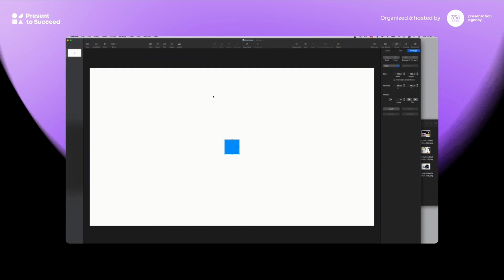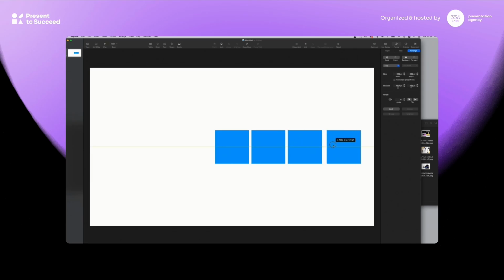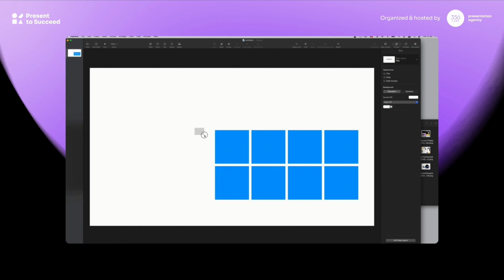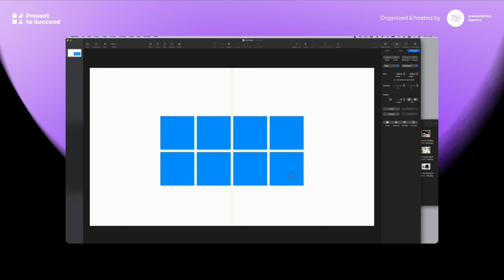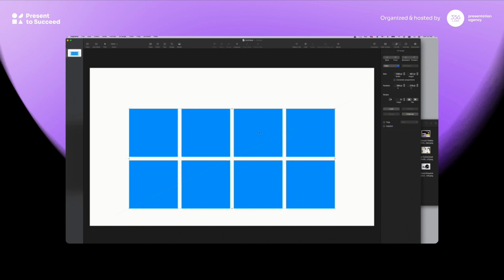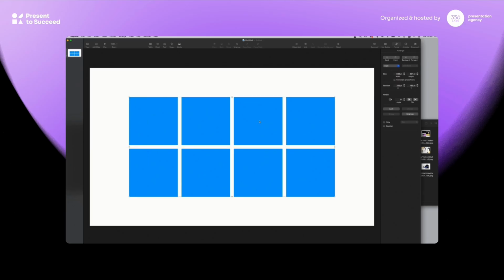And so what I do is I create a simple square shape. I make 8 copies of it. You can, of course, make 6, 9, 12, whatever you want. And then I align it and center it within my slide. For the Keynote user, it's important that you see that I just group them to make them bigger all at the same time. But then it's important to ungroup them back again so that you can go to the next step, which is the fun part.